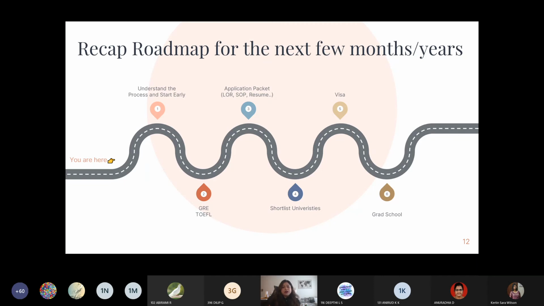And then by then I had an idea of how it works, what I need to do next. And I was kind of confident on what I want to do and I thought I was better prepared. So that is important. Start as early as possible and understand the process. The next is the GRE TOEFL. Like I said, I gave it in my third year and then I gave my GRE twice because my first score wasn't satisfying. So you can do that if you're not satisfied with the first score. And I submitted the second score.